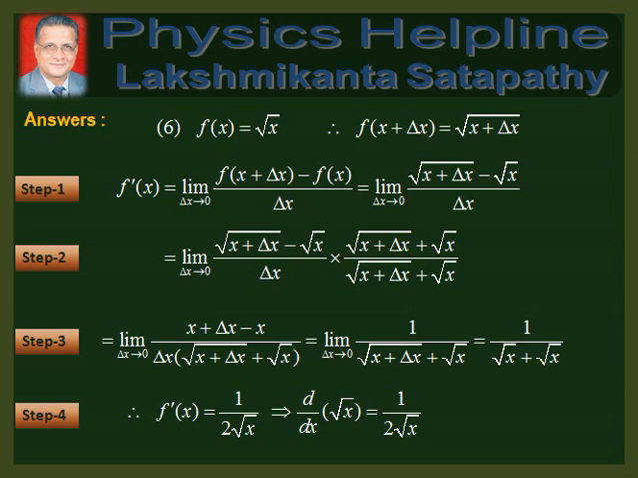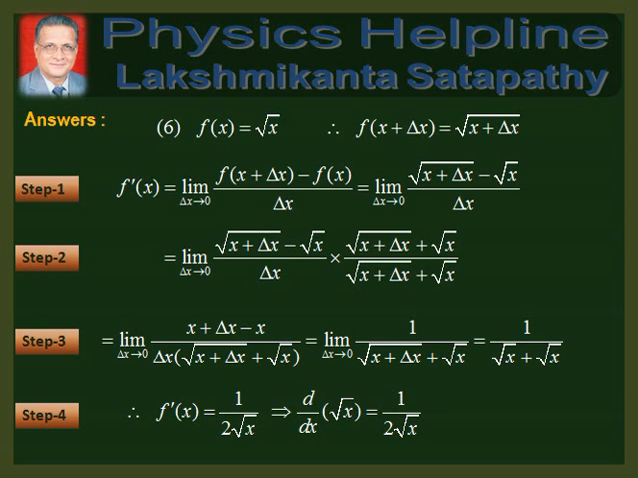In the second step, to rationalize the numerator, we multiply and divide by root over x plus delta x plus root x and simplify. Therefore, in the third step, we write f dash x is equal to limit delta x tends to 0 x plus delta x minus x divided by delta x into root over x plus delta x plus root x. We simplify and then cancel delta x from the numerator and the denominator as delta x is not equal to 0,